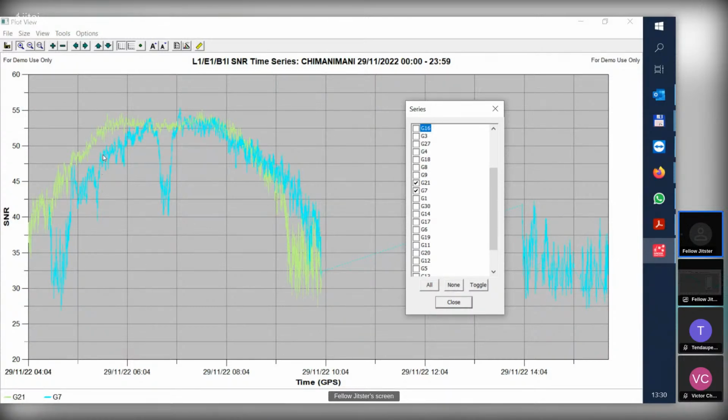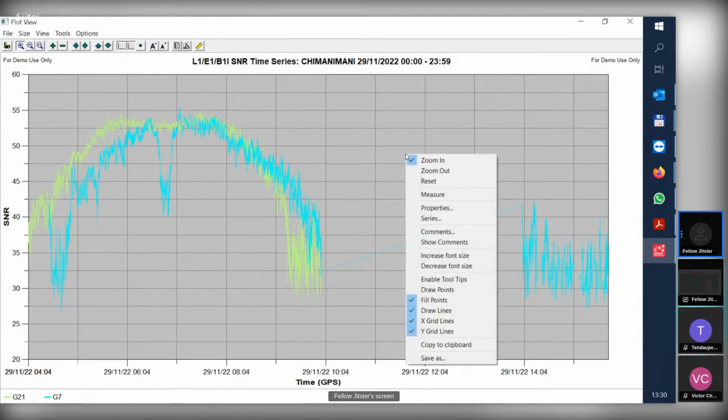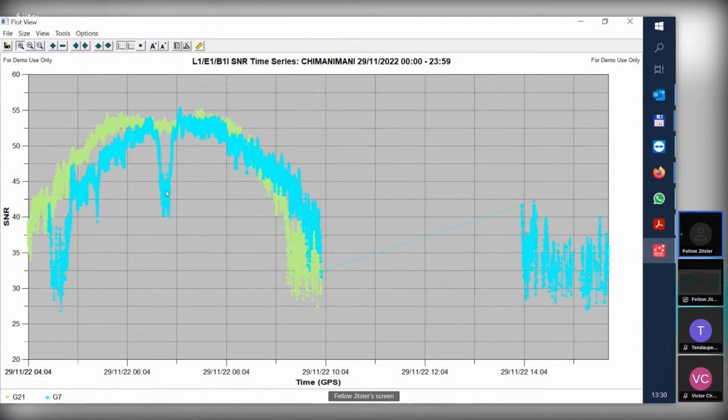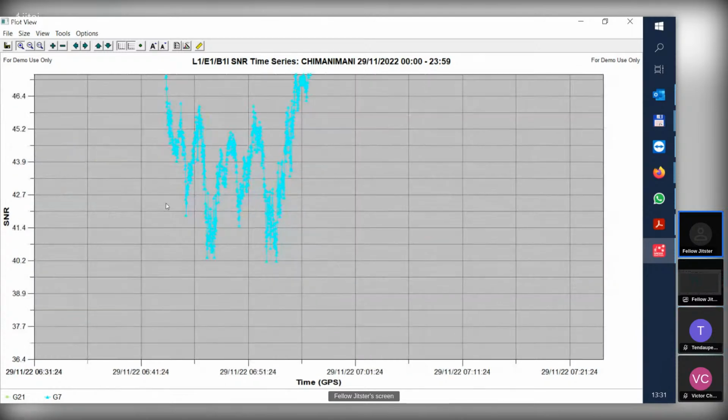So if you see these, these are the sudden drops of the power of the satellite. You see here that there was some kind of obstruction here, and the power of the signal dropped by 15 dB hertz, so quite significantly. And normally we can also display kind of dots here. So each dot represents an observation to see if